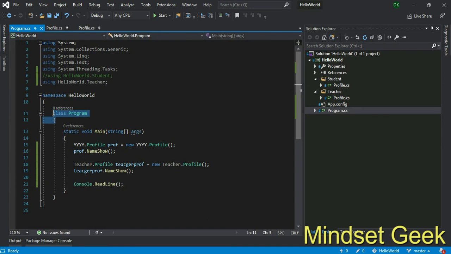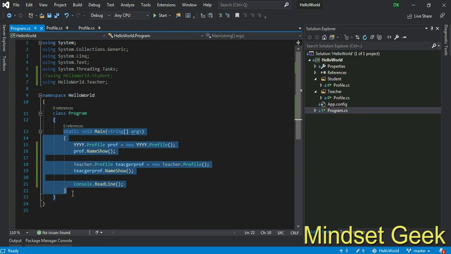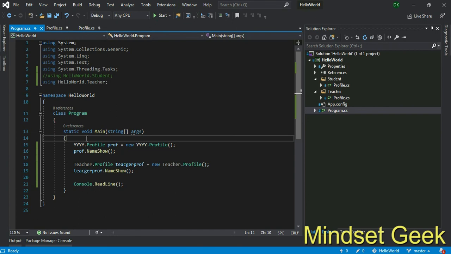I create a class and inside it has a method called the main method. Actually, in your project it has only one main method. This main method is the place where your code running starts. This main method is also declared with static. This is a static type method,